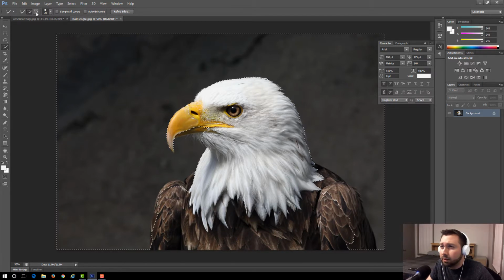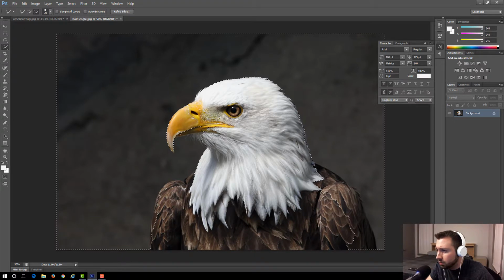So now that we've selected too much here, we want to choose our minus tool and just go over these areas that were over selected. And I've only got a few areas like that on this photo. Yours might be a little different. And feel free to zoom in as far as you need to do this. One more little area here, and then